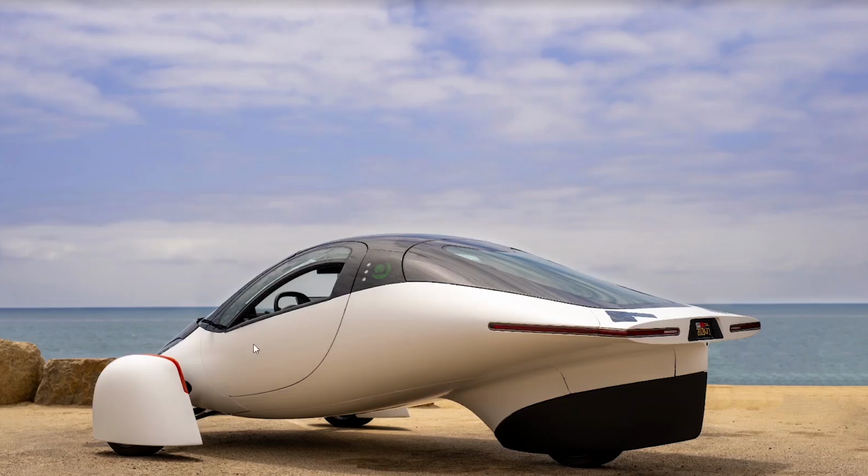I'm not sure if they're planning on wrapping the entire vehicle. Definitely this is a wrap. I don't know if the top surface is a wrap. This is a glass panel, I think, so that wouldn't be wrapped. I'm not sure how they're getting the solar panels out. Are they cutting these individually out of the wrap when they wrap this part of it? And are these things right here along the window...